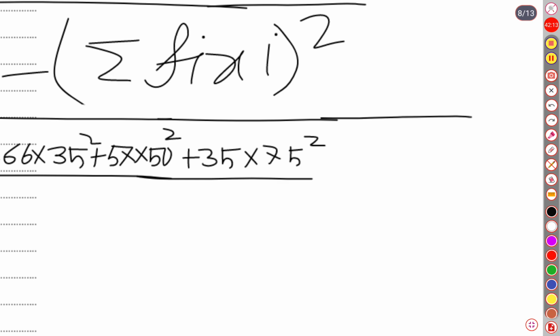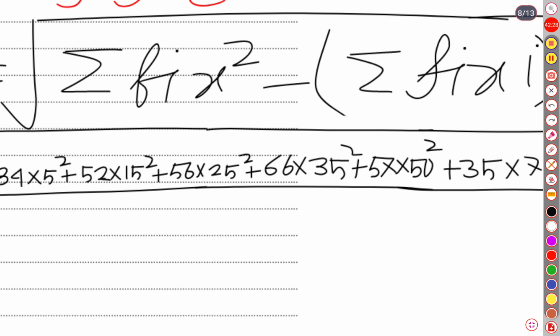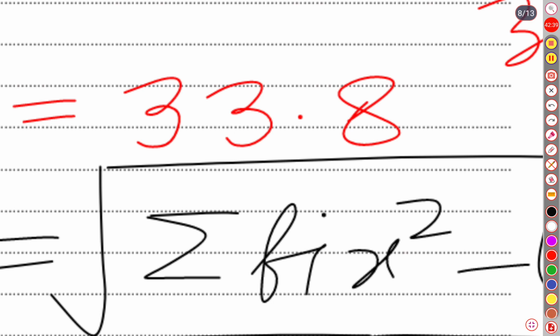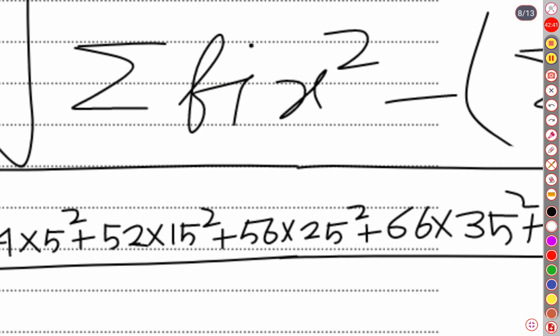Minus our mean value, which has already been obtained. What was our mean value? The mean value was 33.8 whole squared. And here in the formula I think I skipped something. It is over n, the sum of f. Here in the formula we will have to write over the sum of